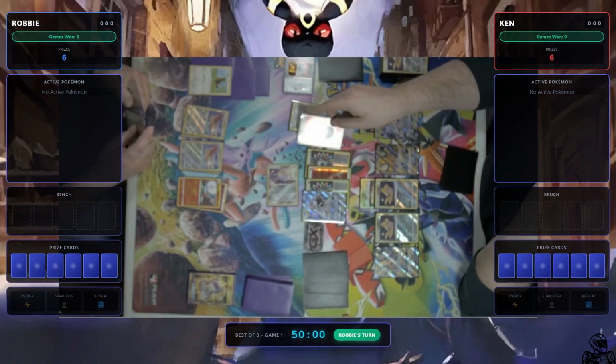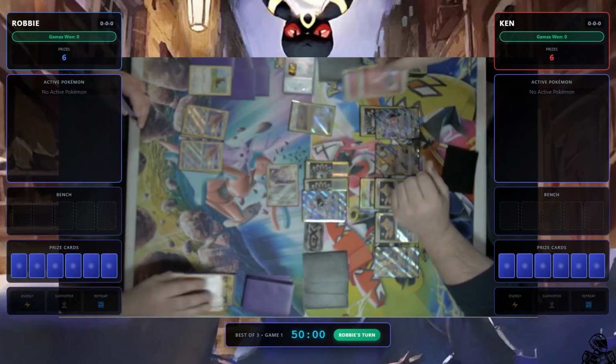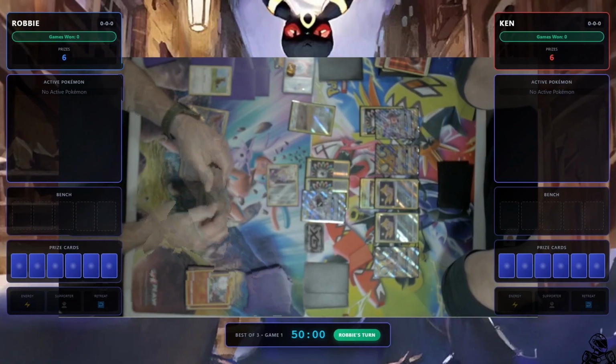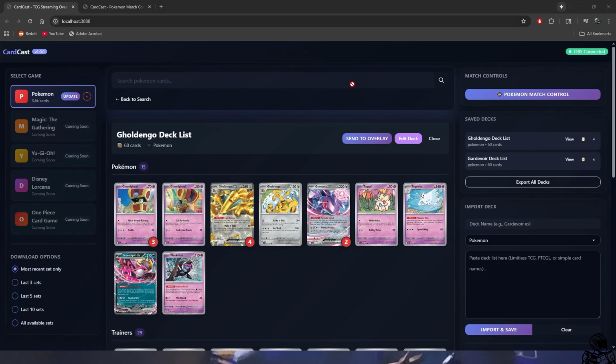Please note that when you do reset the entire match, it will also reset player records and games won. So you want to hide the overlay, reset, update all the information needed, and then you can show the overlay as game 2 starts. Okay, now that we've gone through the match control and demoed the actual overlay in action,